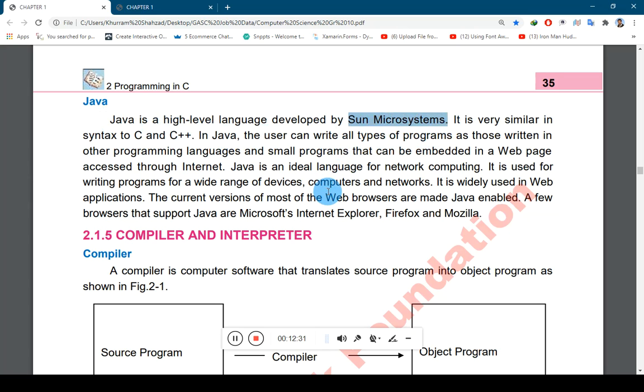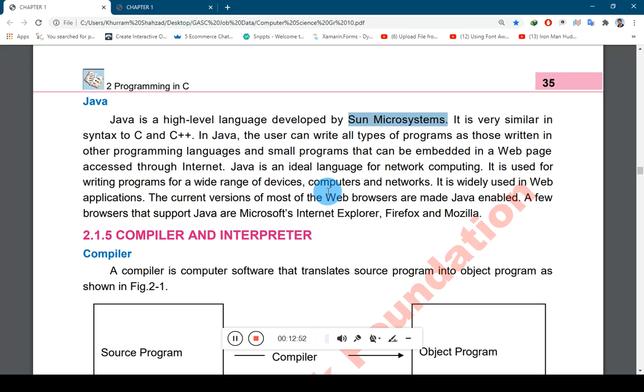Now we have gathered all the points about the high level languages. We have discussed all the high level languages which are famous nowadays. So let's get started. One thing: every language which is a high level language cannot be run on a computer system directly.